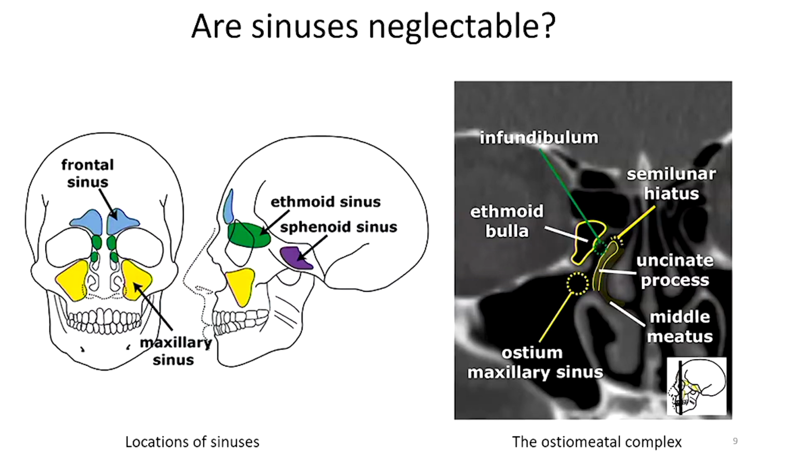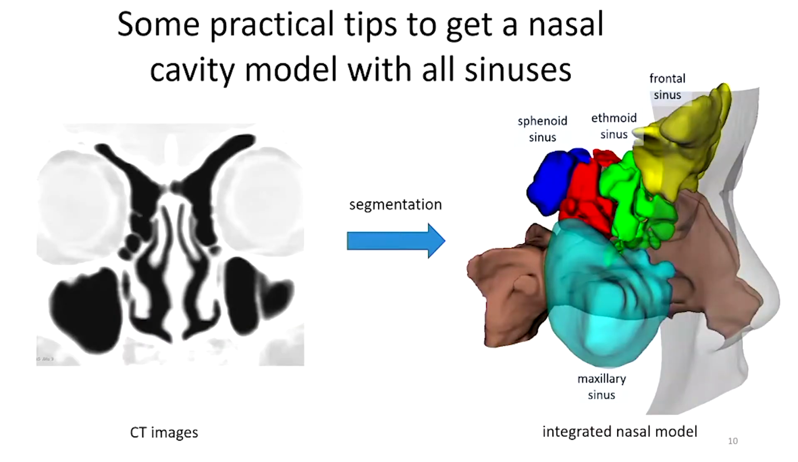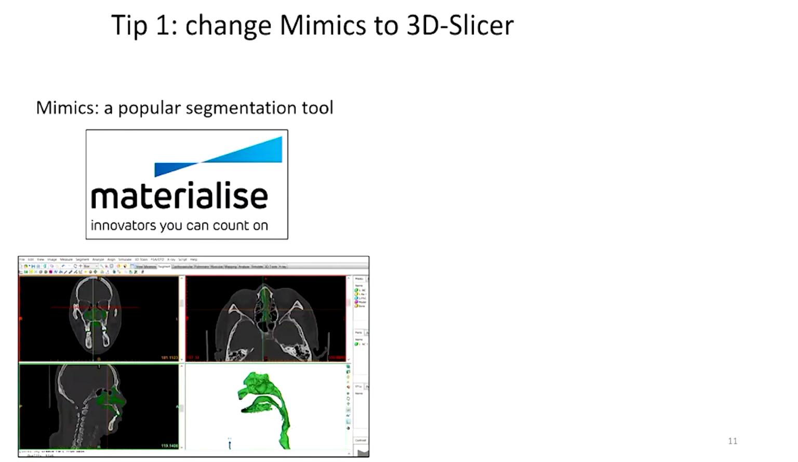So I attempted this several months ago. Let me show you some practical tips to reconstruct the complete nasal cavity model, including all the paranasal sinuses, from CT or MRI images. So the first tip,